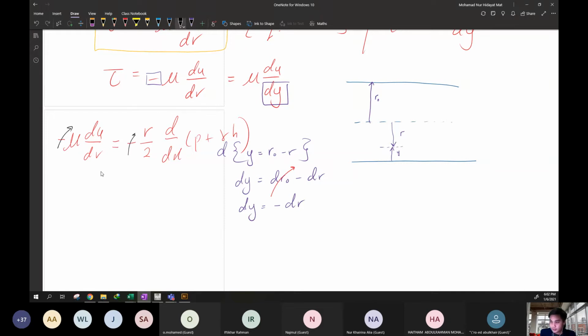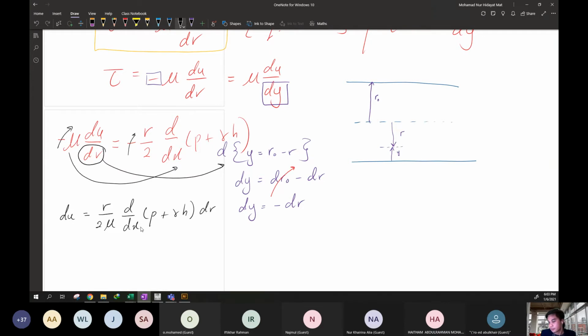Okay, and then we have the dr. You can see we have dr. We can move to the other side and rearrange mu du. I want to move mu as well to the other side. So I will have du only equal to r over 2 mu d over dx p plus gamma h